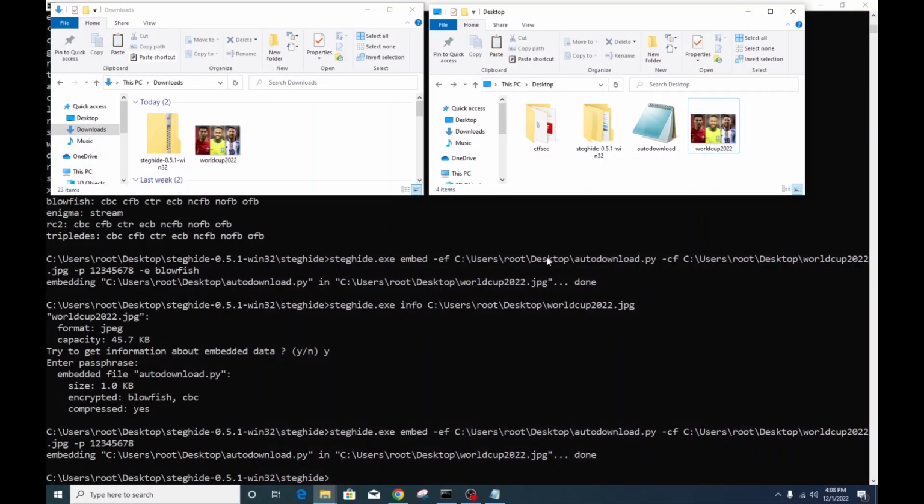Okay, so I know you're wondering if this can be this stealthy. So how do we discover if a file has been embedded inside our document? So this is very easy. We can actually do this in different ways. The first one I'm going to point out is first we need to check the size of the two documents. Now, this is the Worldcup image that we have embedded the auto download file inside, and this is the original Worldcup image. Now, if you take a look at the size, you can see that this is 1.10 MB, and you can see that this is, let's see, this is